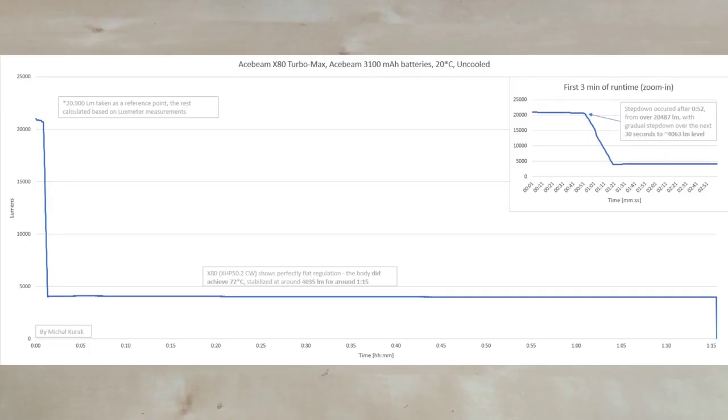Okay, so this is the Turbo Max runtime graph of the Acebeam X80. As I said, I measured 20,900 lumens at start, so this is my starting point, and as you can see, the step down occurred after 52 seconds, so this is an extremely respectable result for a flashlight this size to hold over 20,000 lumens for almost 1 minute. So step down occurred from over 20,487 lumens, and with gradual step down over 30 seconds to the level of